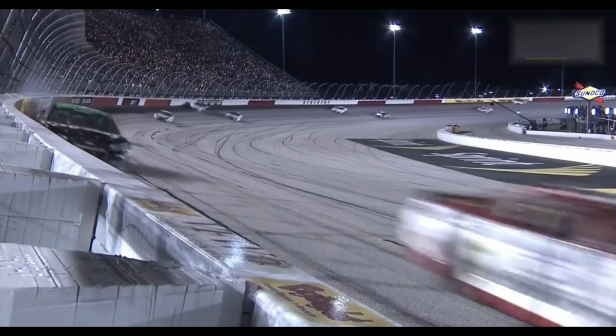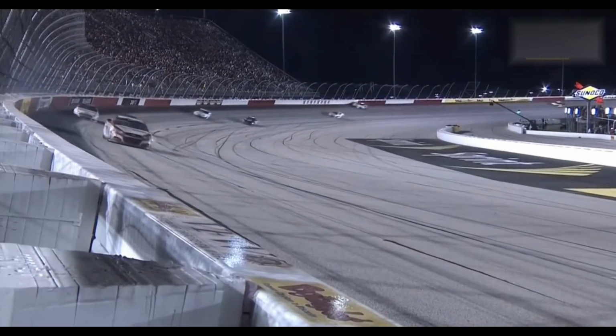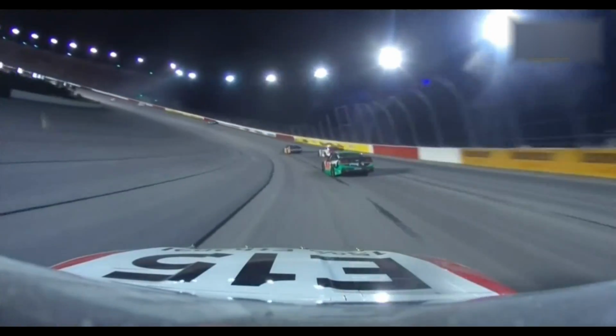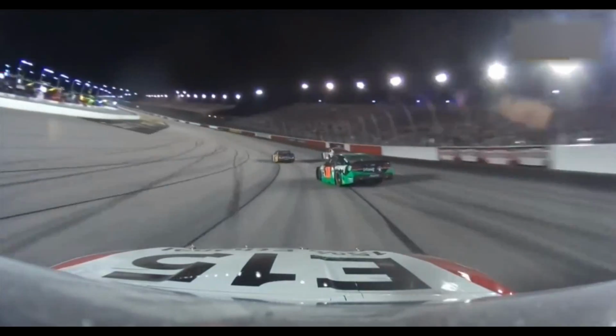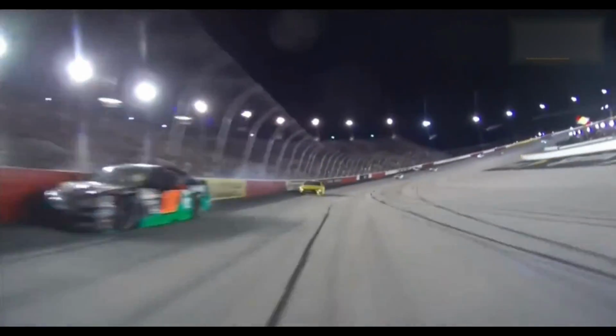This is a tough place, Rick. The lady in black doesn't care if you're running first or running 15th. And this is how easily it can happen. You see, she's just trying to get the power down, just trying to accelerate off the corner. One wiggle, but Darlington, you're already so...